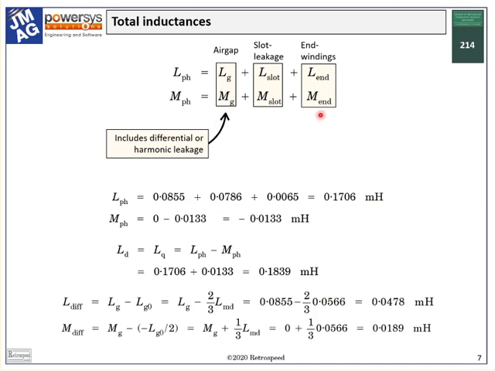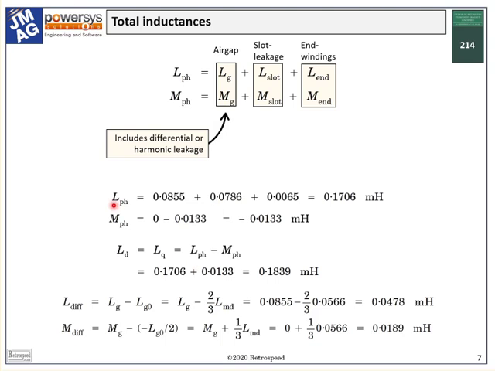The largest component of LPH is the air gap inductance LG, but it's not very much bigger than the slot leakage inductance L slot. It's not that the slot leakage inductance is large, in fact it's not particularly large, but that LG is relatively small, and that is due to the large effective air gap through the magnet. In an IPM or an induction motor, LG would be much bigger, an order of magnitude bigger, and L slot would then seem small by comparison.